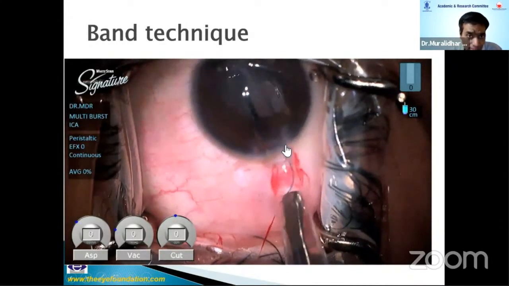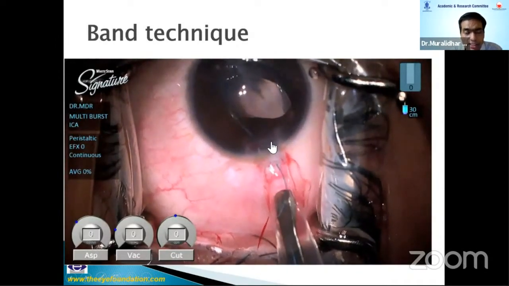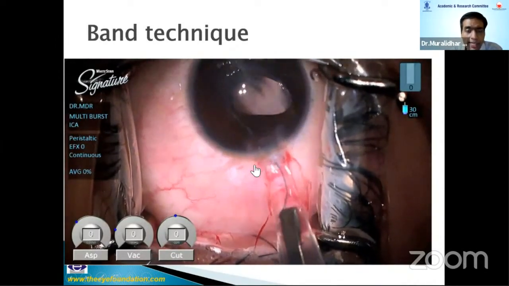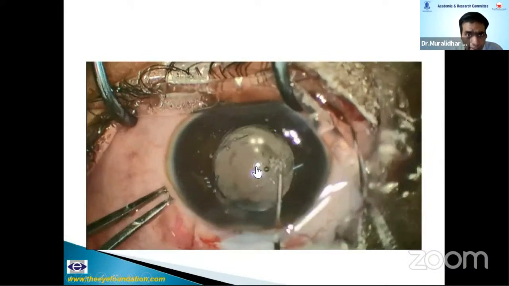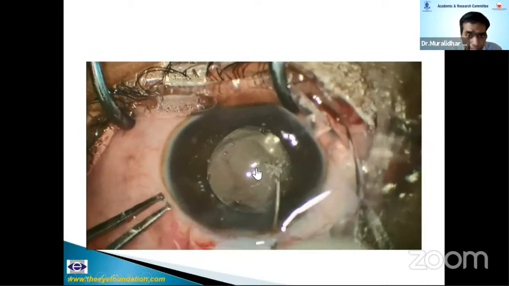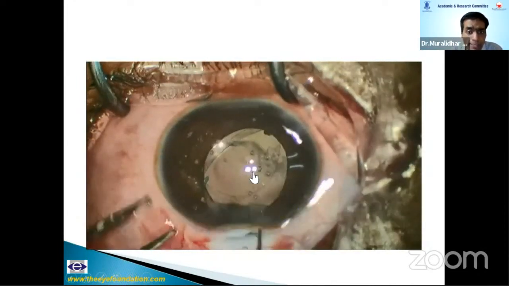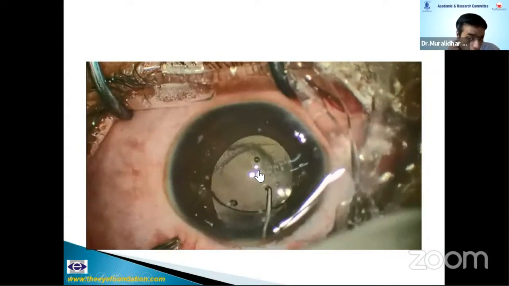In traumatic cataracts, sometimes it is very difficult to get an anterior rhexis because there's hardly any rhexis remaining. In case the band is not there, you can do an optic capture of a 3-piece IOL. You cannot do optic capture in a single-piece IOL. You can do an optic capture for a 3-piece IOL which has been implanted in the sulcus. So these are 2 very good tips to avoid this.